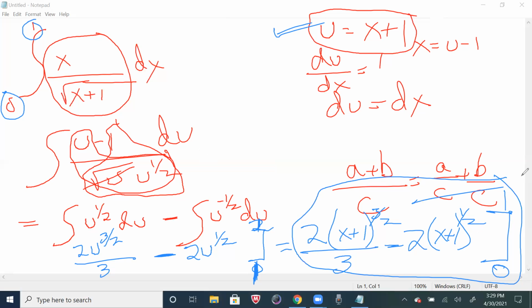So it's actually quite a bit easier if you evaluate it in x, as opposed to figuring out what 2 to the 3/2 power is. Right. So I would always go that route. Resubstitute before you evaluate,